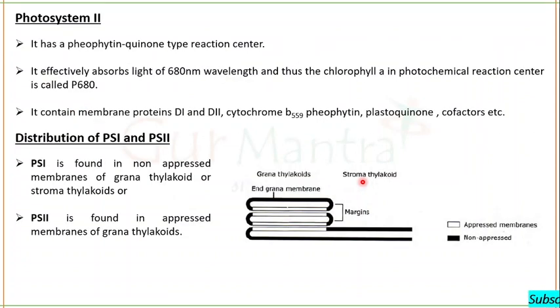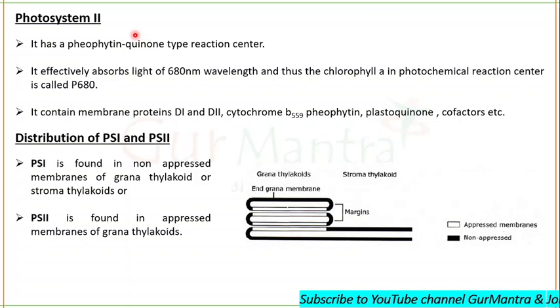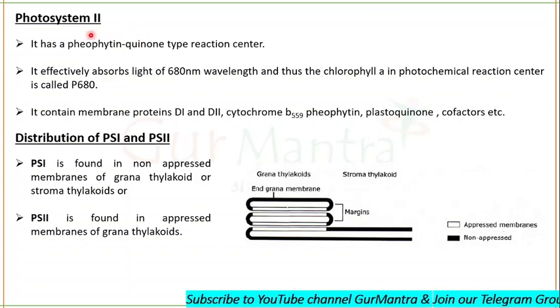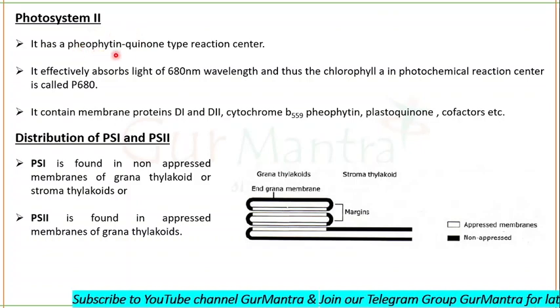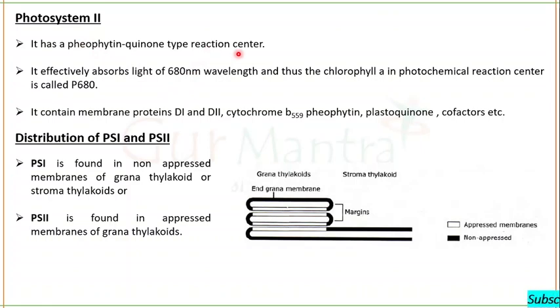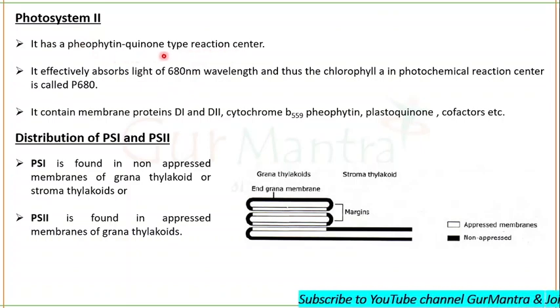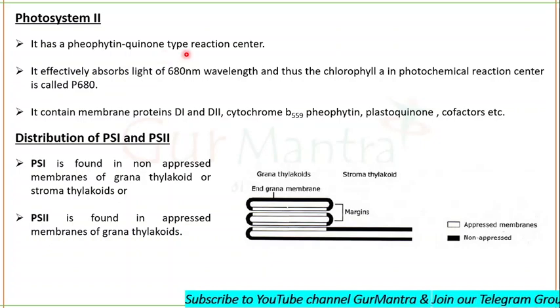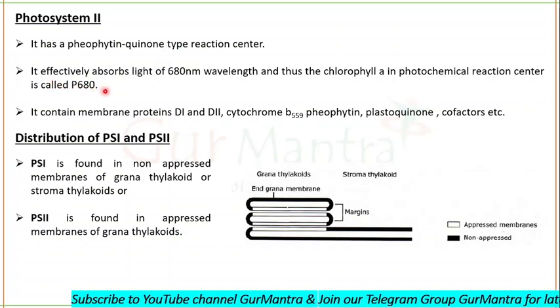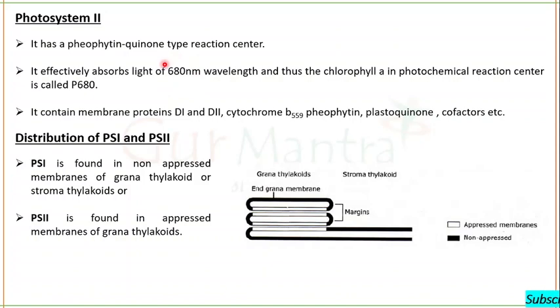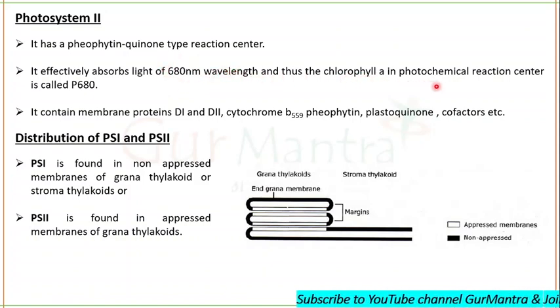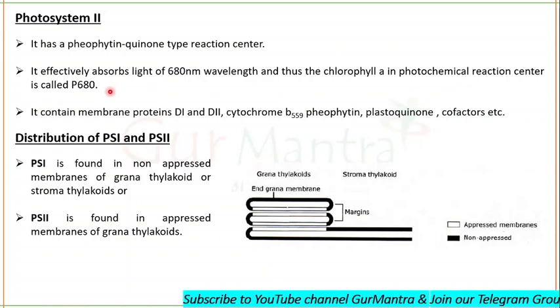Clear? Okay. And now photosystem 2, unlike photosystem 1 which has an iron sulfur system, photosystem 2 actually has a pheophytin quinone type reaction center. What does it have? It has a pheophytin quinone type reaction center. Okay. It effectively absorbs light of 680 nanometer wavelength, and thus the chlorophyll A in the photochemical reaction center is called